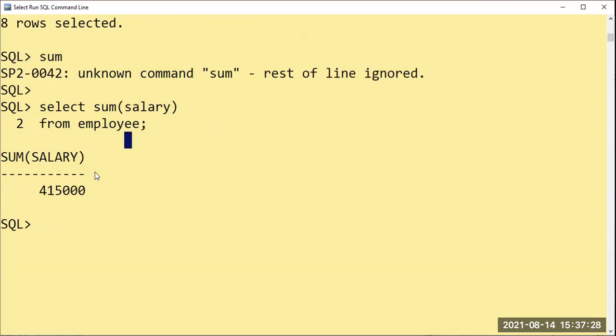Next question is: average. The next aggregate function is average. Same way, select, and provide the aggregate function. Right now my aggregate function is AVG, and in the bracket, we have to put something countable, something addable, like salary. Name, I cannot say average. Employee ID also cannot be averaged or summed, since it cannot be calculated.